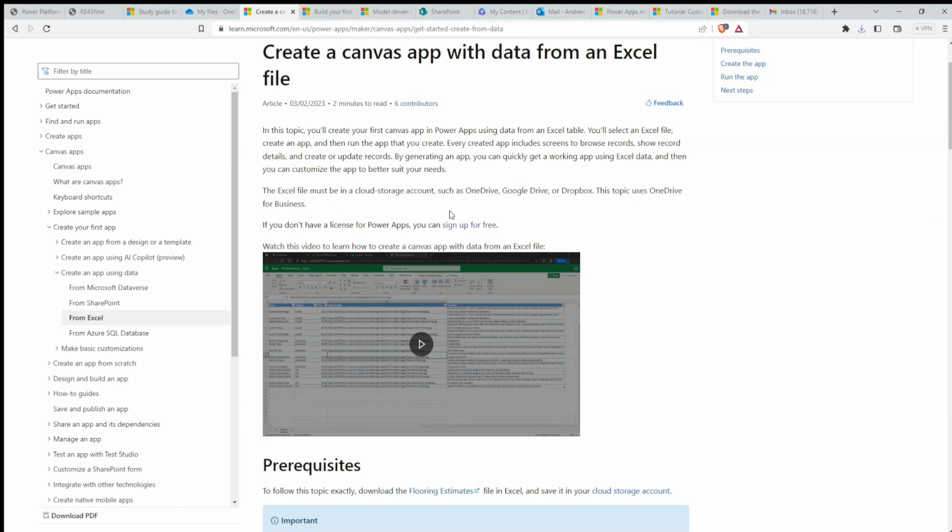So before we begin, we'll need a sample dataset that we can provide to Power Apps, which will enable it to connect and create a Canvas app. We will need to navigate to this page